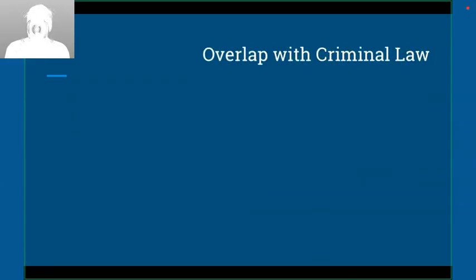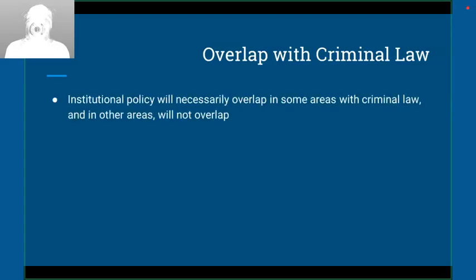So I want to touch on that for a second, the overlap with criminal law, and we'll come back to this and talk quite a bit about this overlap and how this can play out throughout our time today, because there is quite a bit of overlap between institutional policy, which is most of what we will be talking about today, is how do schools respond and how do community partners respond with schools, or work with schools, and how do schools work with partners, about institutional policy around sexual misconduct. And there will necessarily be significant